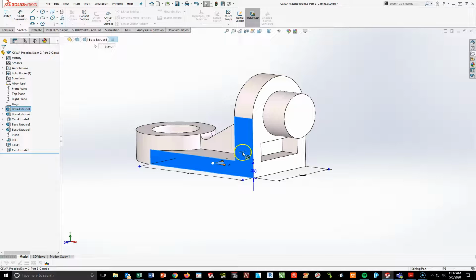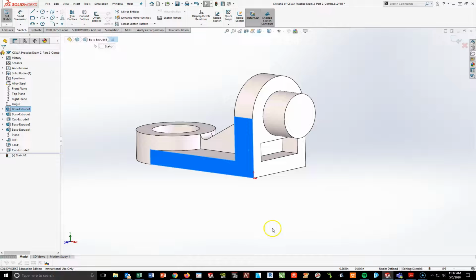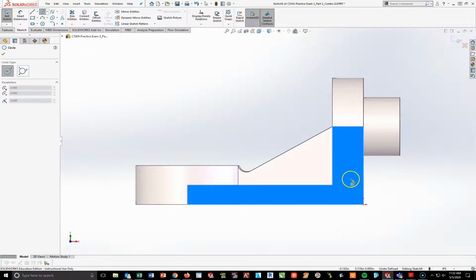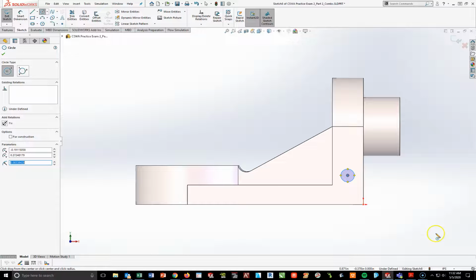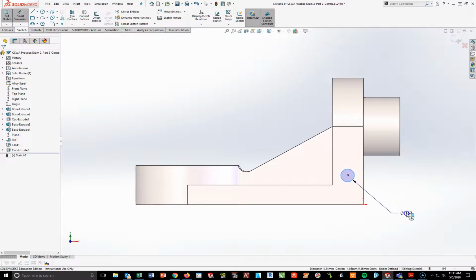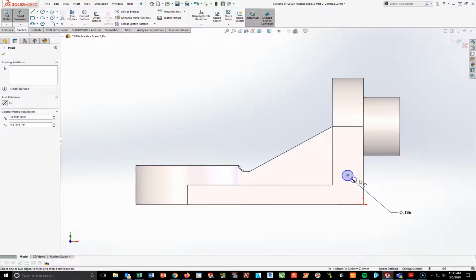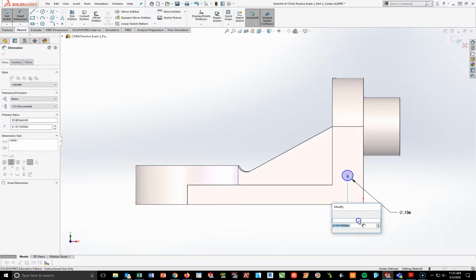Okay, I'm going to make a hole that's going to cut all the way through my part. So I'm going to do a sketch. Space bar, normal to. And we are going to draw a simple circle off to the side here. Now, the size of that circle is going to be a 0.136. All right, it's going to be 0.125 in from the back. And it's going to be,